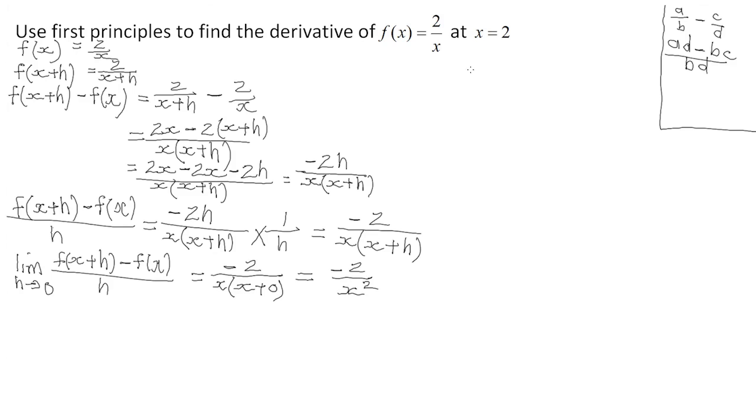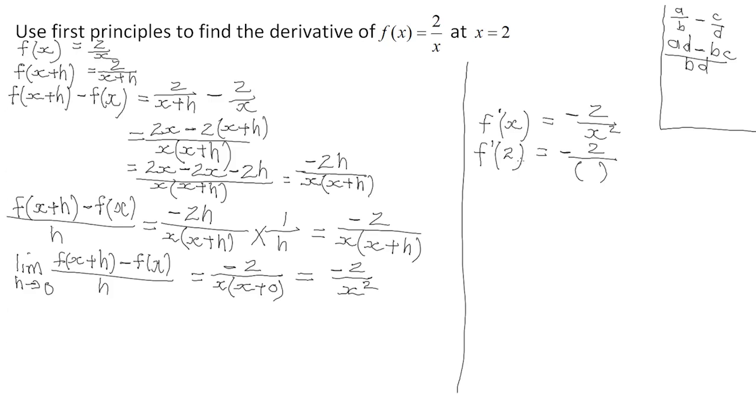Let's continue with this question on the other side. We have solved the limit, which means the derivative with the aid of first principles, and we got that. It means that the derivative with respect to x is equal to that value, minus 2 over x squared. Now they want us to find that value when x is equal to 2. In other words, it's going to be the derivative where x becomes 2 equals minus 2 over bracket x becomes 2 and it must be squared, and that gives us a final answer of minus 1 over